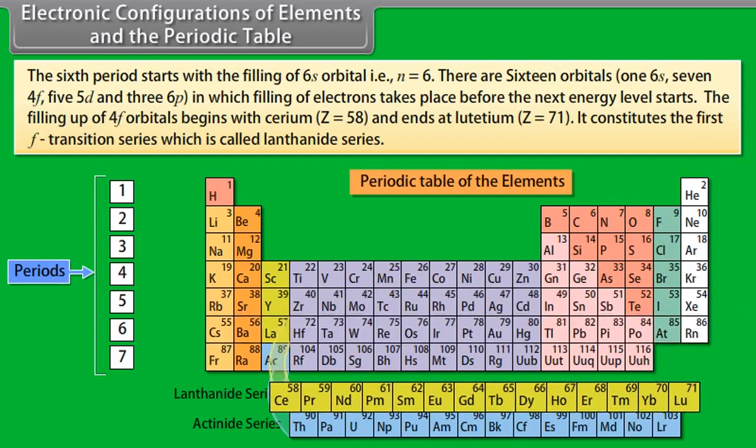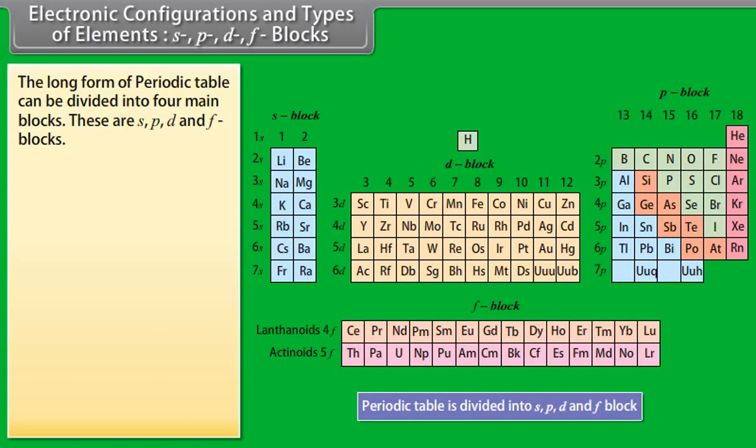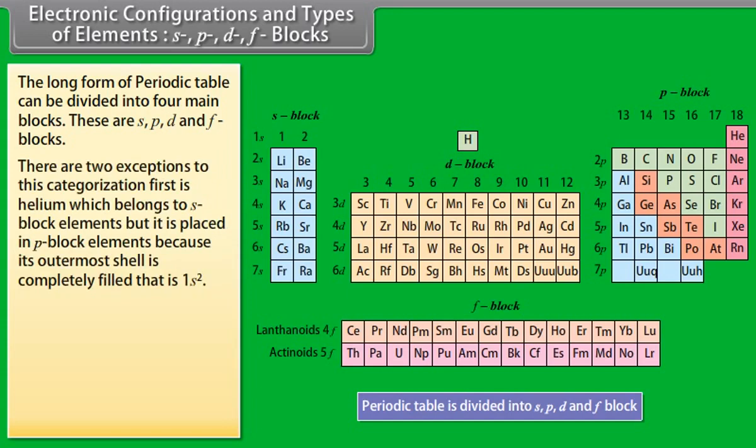The fourth period corresponds to n equals 4. It starts with the filling of 4s orbitals. However, after the 4s but before the 4p orbitals, there are 5 3d orbitals also to be filled. Thus, in all, 9 orbitals, 1 4s, 5 3d and 3 4p, have to be filled. It may be noted that the filling of 3d orbitals starts from scandium, atomic number 21. The elements from scandium, atomic number 21, to zinc, atomic number 30, are called the